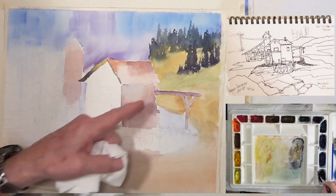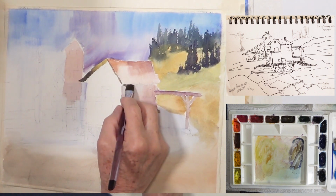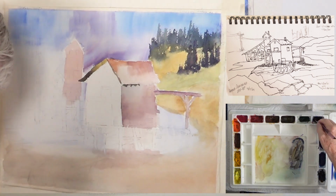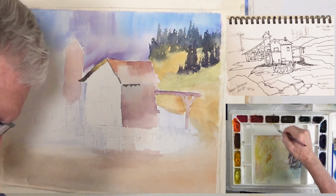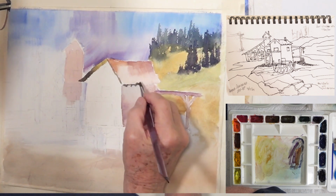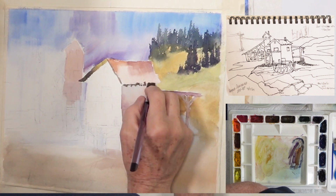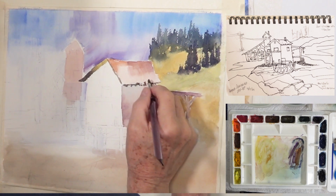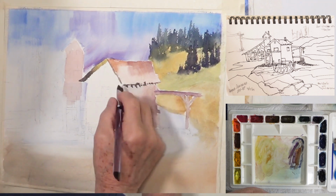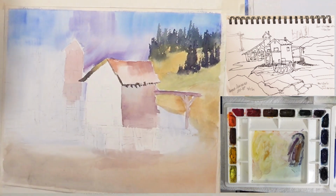Over here on this section, we've got several things that look like roofing joists that stick down and stick out. So I'm just going to throw in some color here, some of my brownish color or whatever I've got, and make this look a little bit dilapidated. I don't want it to look totally destroyed, but I do want it to show we've got an edge here, and there's some things sticking down like that. These would be the roofing joists that they made when they put this roof on. That's what the roof is attached to. All right,